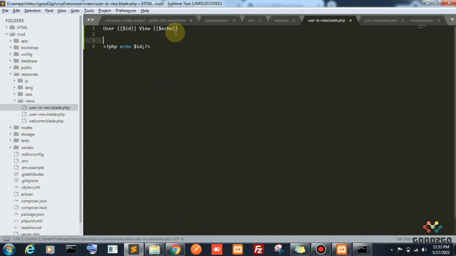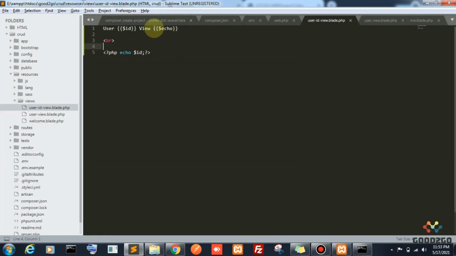Let me give a break tag here. It will give a new line between this and this. See, this is the value I gave to the variable. We are using an echo with the Laravel method. Fine. Now I am going to give this value for PHP echo.